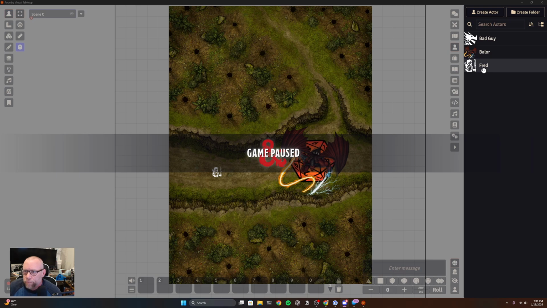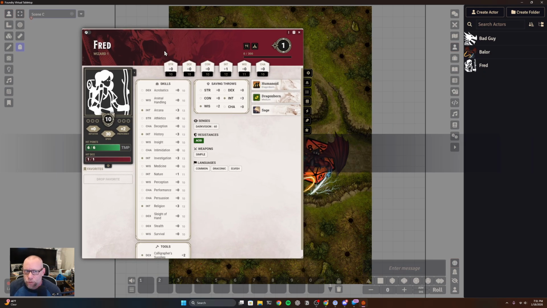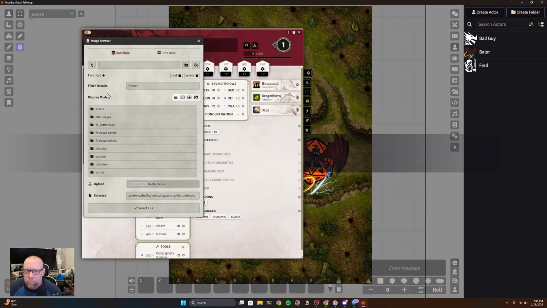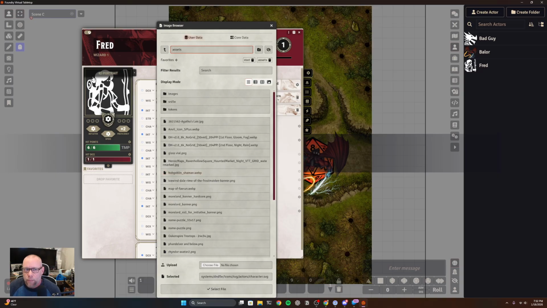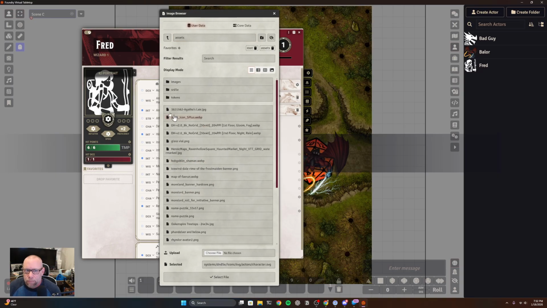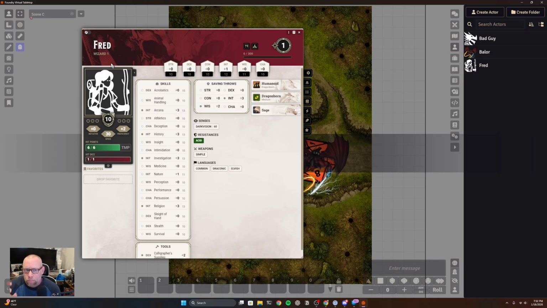Okay, so this is another one of the modules that you really, really need. Out of the box, you can only upload a file. So like anything else, I could upload a file from anywhere on my computer, and then it would replace this portrait file. So you would have to create